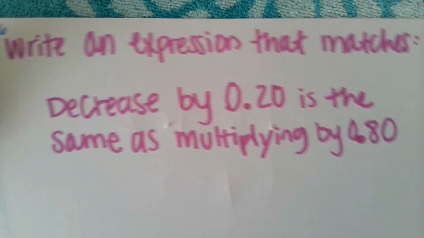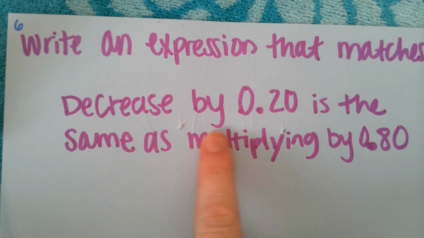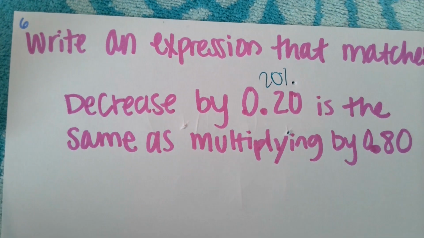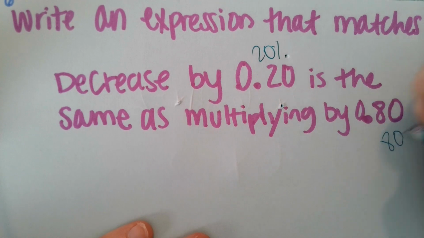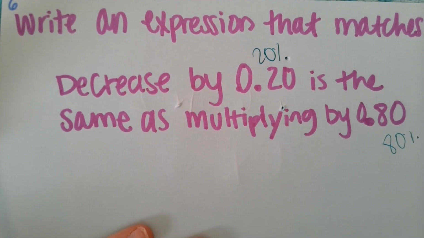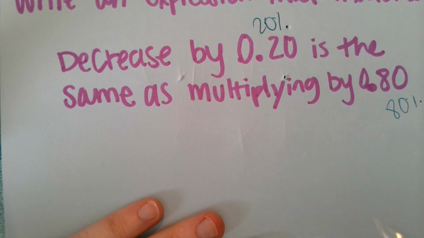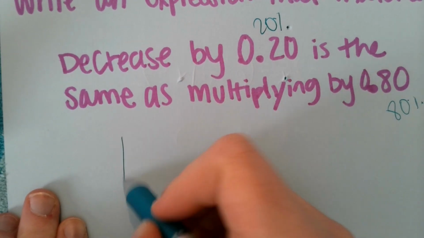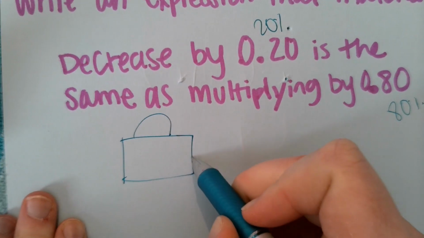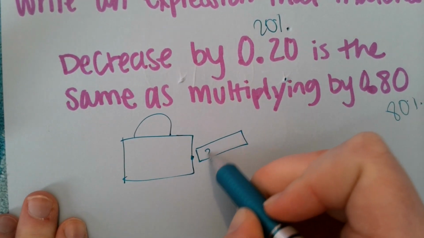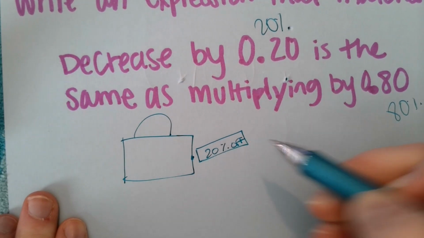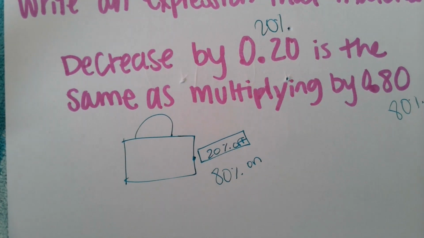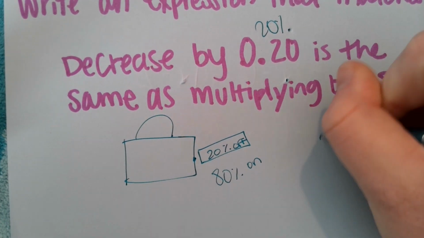So if I go shopping and there's a decrease of 0.20, well, it's also like talking about 20%, which is the same thing as multiplying by 80%. Well, that sounds right. Because if I go to the store and I'm going to buy a purse and it is 20% off, that's the same thing as it being 80% on. Alright, so let's test it. If the purse is $200,